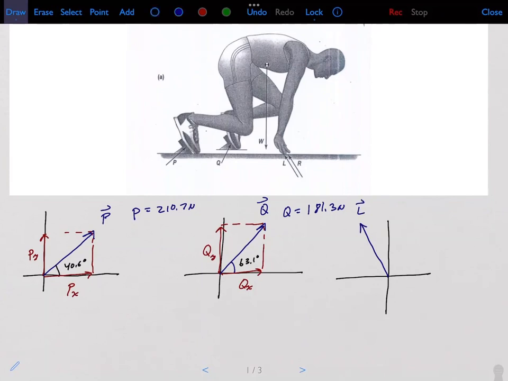So if this angle is 122 degrees, then what we really want is the reference angle here, because it's going to be easier to find the components. If I do 180 minus 122, I'm going to get 58 degrees as the reference angle. So 58. And again, I want to find the X component, Lx, and then the Y component,